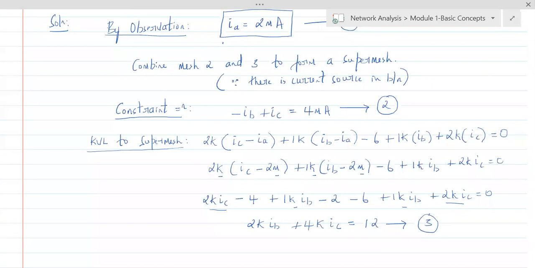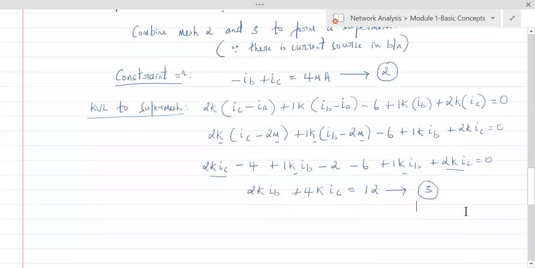Recheck that. Now with that, we will have our I2 and I3 to be what? So solving, sorry, it's not I2 and I3, rather it's IB and IC. To solve for IB and IC, you need to take two equations. Which are those two equations? It's 2 and 3. Just as I said, I might have made a mistake here.